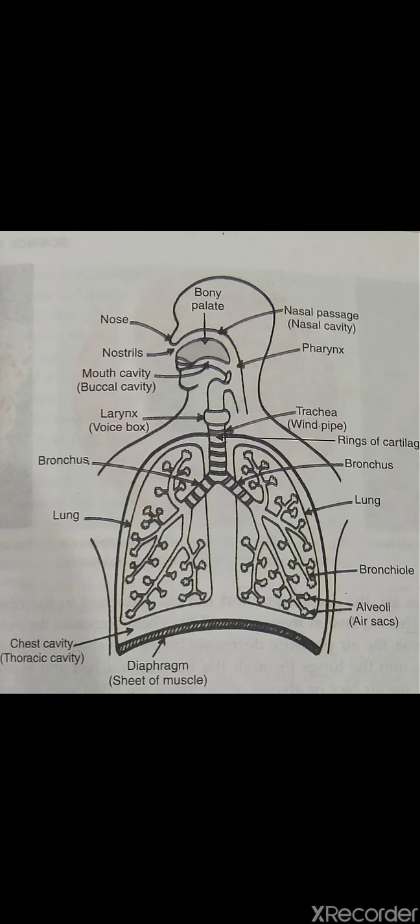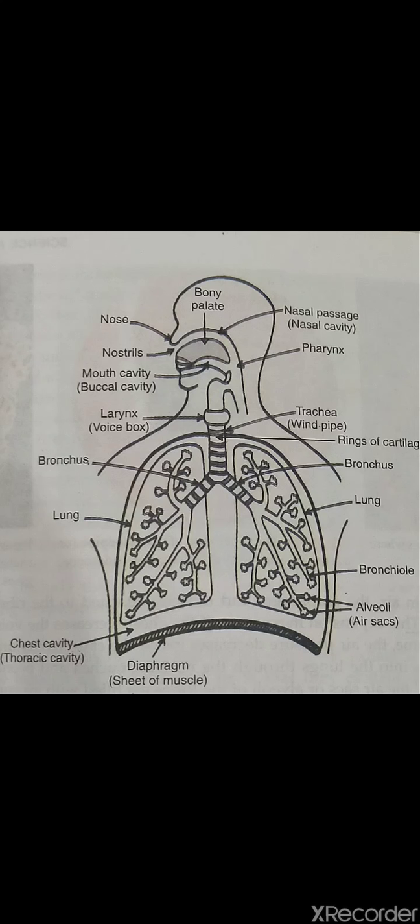Hello everyone. Today I am going to discuss the human respiratory system with the help of this diagram. The main organs of the human respiratory system are the nose, nasal passage, or you can say nasal cavity, trachea, bronchi, lungs and diaphragm. So you can see in this diagram, the human respiratory system begins from the